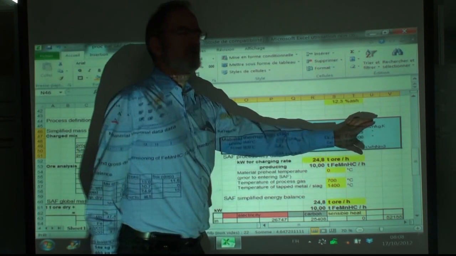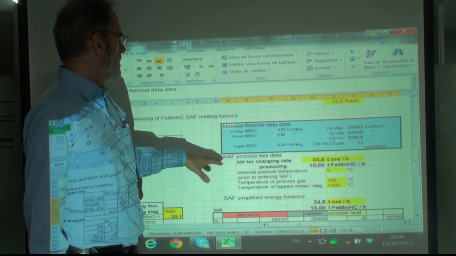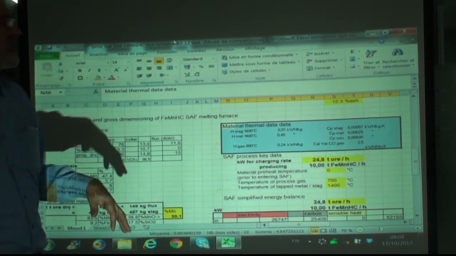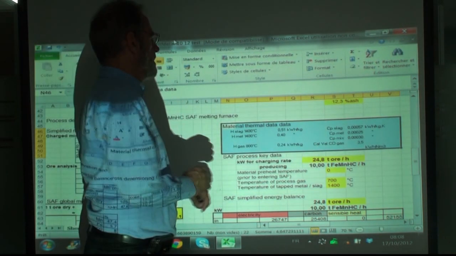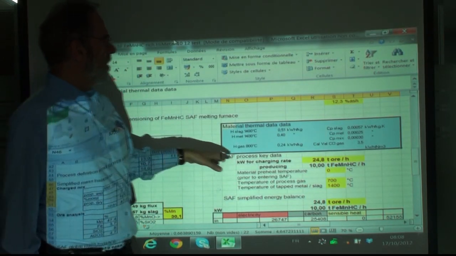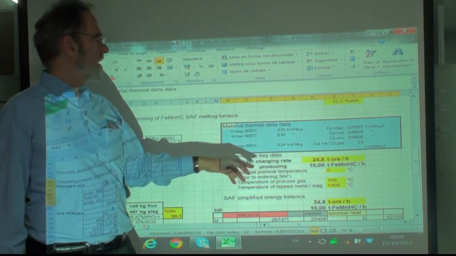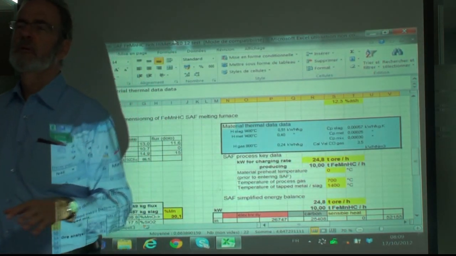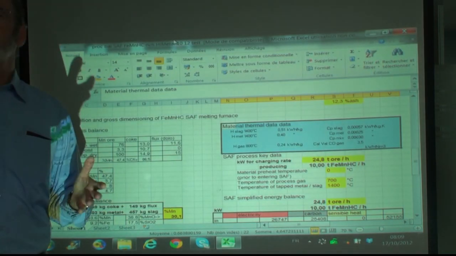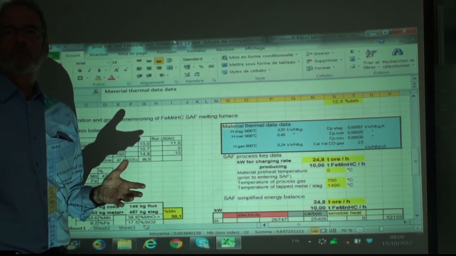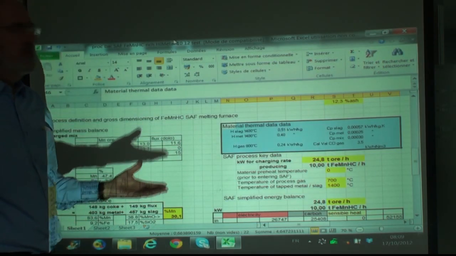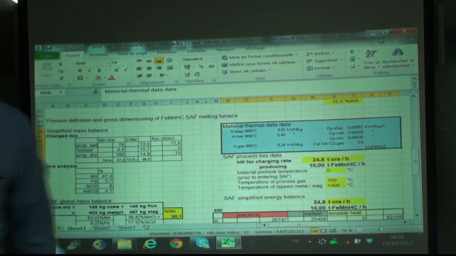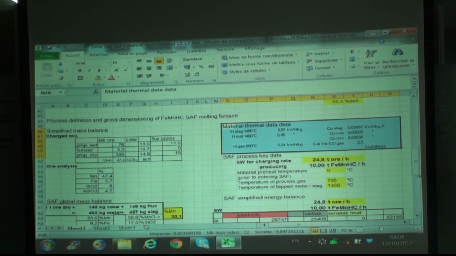Okay, these are the thermal data, and then again, for doing the energy balance, we have to set a charging rate. Here I have set the charging rate to obtain 10 tons ferromanganese per hour, because this is roughly the figure of high metal. And it's a good example anyway. And 10 tons of ferromanganese per hour requires,